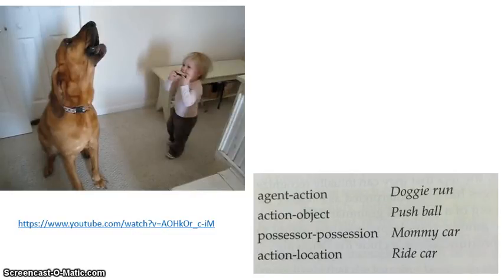After 18 months, a child usually begins to express a complete thought. And if you're working with a second language learner and they're older, they still go through this two-word stage. And in your book, you'll see the little chart where it's an agent and then an action, like doggy run, or an action and then an object. So pay particular attention as you go through that section.